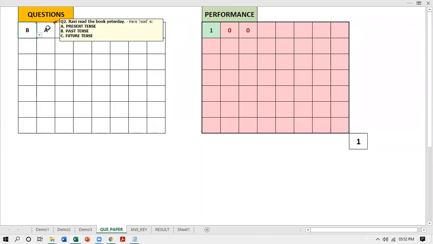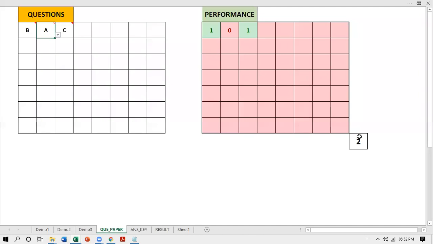Second question. Ravi read the book yesterday. Here, read is past tense, present tense, whatever. English question. Okay, the correct answer. Step on no pets. Step on no pets is a palindrome. I go for option C. All my answers are correct. Did you see here? And my total is also coming. My individual score is coming. If I goof up in a question, I know where I have goofed up. A beautiful grid of questions, performance, total score.